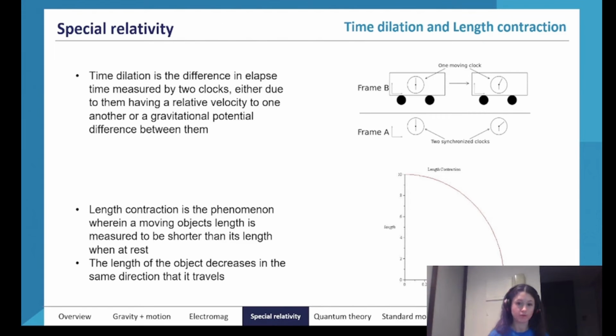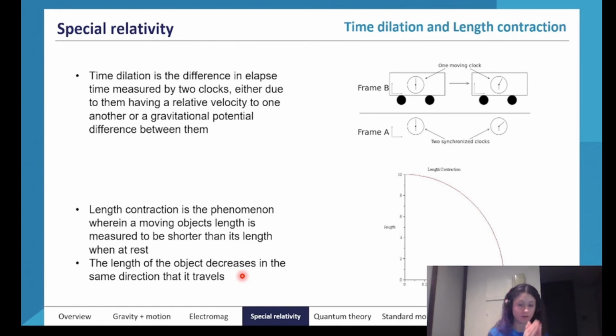When you look at that car, you are going to see the car as kind of squished up in its direction of motion because it's traveling so fast. So its length has contracted in the direction that it's traveling in. It hasn't gotten shorter, like a little flat pancake car, but it has gotten squished up in the direction that it's traveling in.